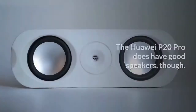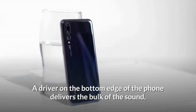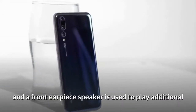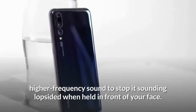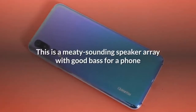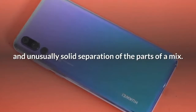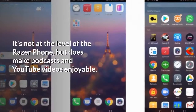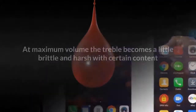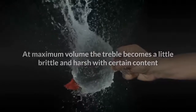The Huawei P20 Pro does have good speakers, though. A driver on the bottom edge of the phone delivers the bulk of the sound, and a front earpiece speaker is used to play additional higher frequency sound to stop it sounding lopsided when held in front of your face. This is a meaty sounding speaker array with good bass for a phone and unusually solid separation of the parts of a mix. It's not at the level of the Razer phone, but does make podcasts and YouTube videos enjoyable. At maximum volume the treble becomes a little brittle and harsh with certain content though, showing how hard Huawei pushes